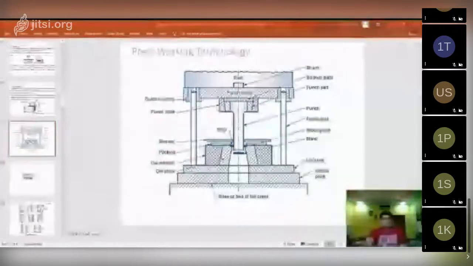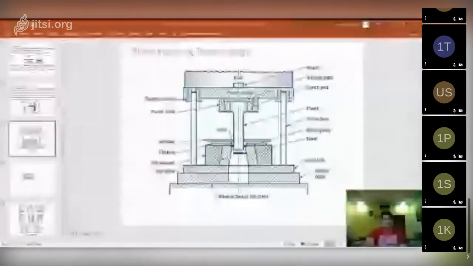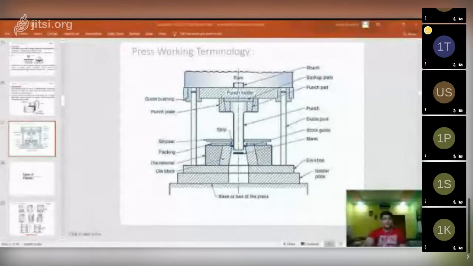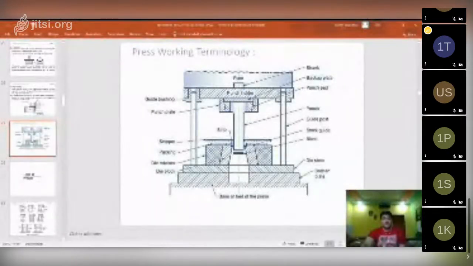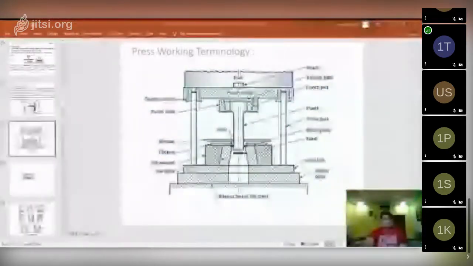Then for different types of materials, how much clearance should be given according to that material: soft steel, hardened steel, medium hardened steel. It is given as a percentage of thickness, 2% of thickness, 3% of thickness.